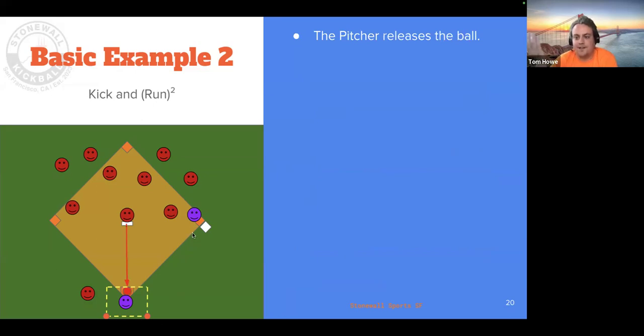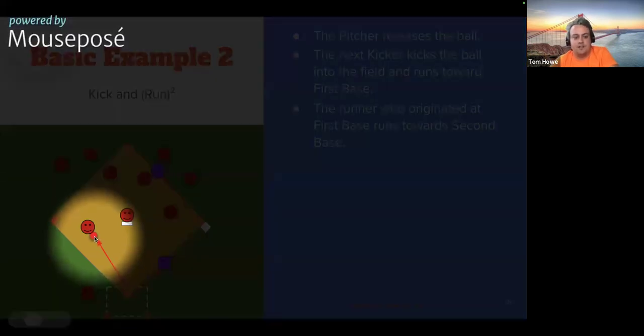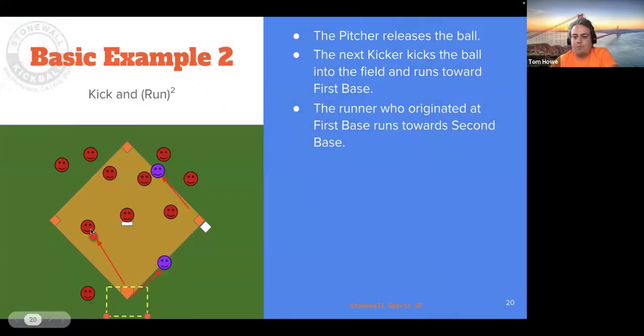Once again, like I said, each particular play or each episode of Kickball begins and ends with the pitcher. So the pitcher is going to go ahead and release the ball to the kicker here. What happens next is the kicker kicks the ball into the field. You'll see here the ball is kicked towards third base, and the third base person, the fielder, is going to go ahead and pick that ball up. Simultaneously, once contact is made with the ball, so once the kicker's foot hits the ball,